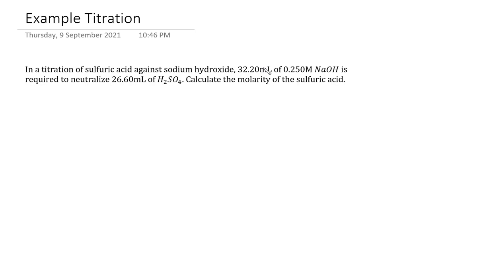The first thing we need to do is write an equation. We have sulfuric acid, H2SO4, plus the sodium hydroxide. Acid plus a base gives me the salt, so that's going to be sodium sulfate. Sulfate has a double negative charge, sodium only has a single positive, so we need two to balance,